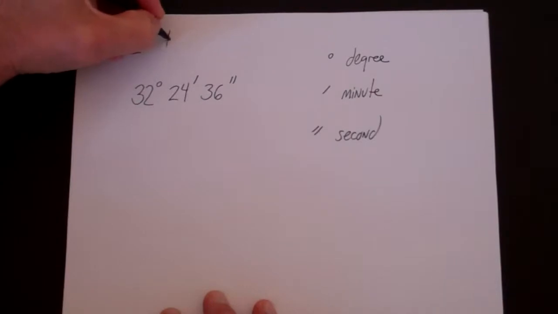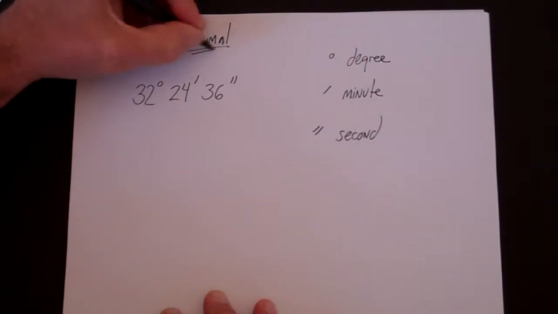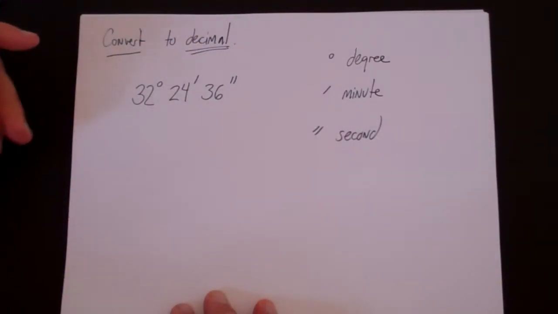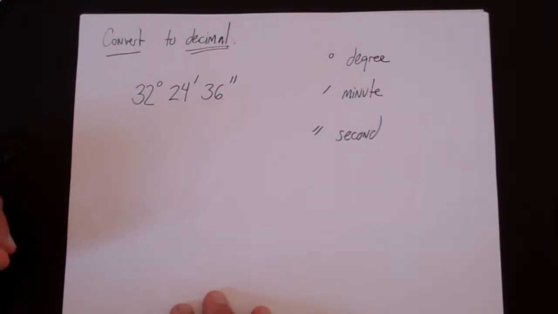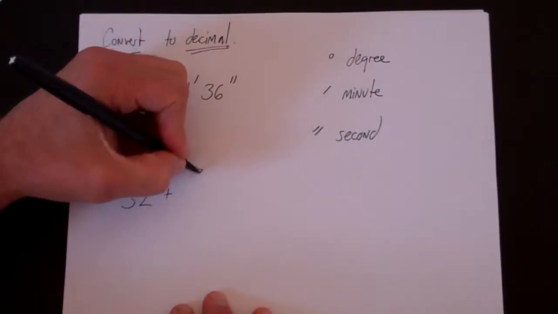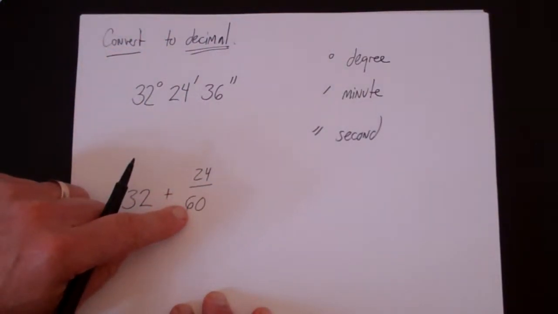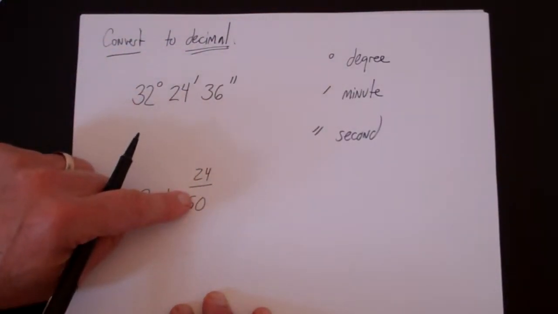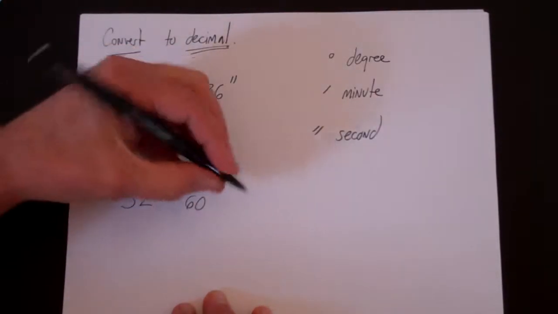So we want to convert this to decimal form. We might want to do that for a variety of reasons. We might have a calculator that uses decimal form or a computer program, or we might have to do it for some math reason. I would say it's part of a bigger problem. This is actually pretty straightforward. You simply get 32 plus 24 over 60, because there are 60 minutes to a degree, so 24 over 60 is the decimal form of minutes in degrees,